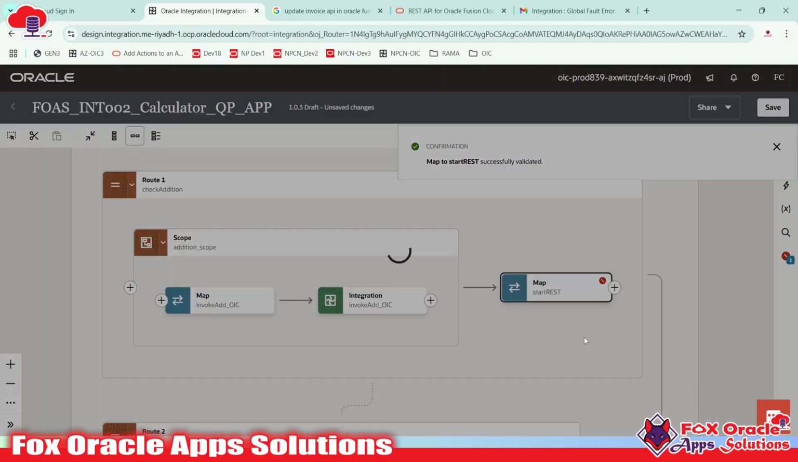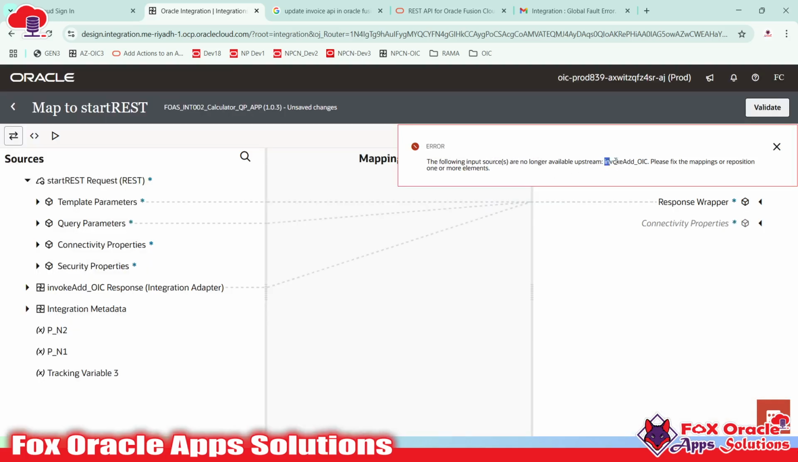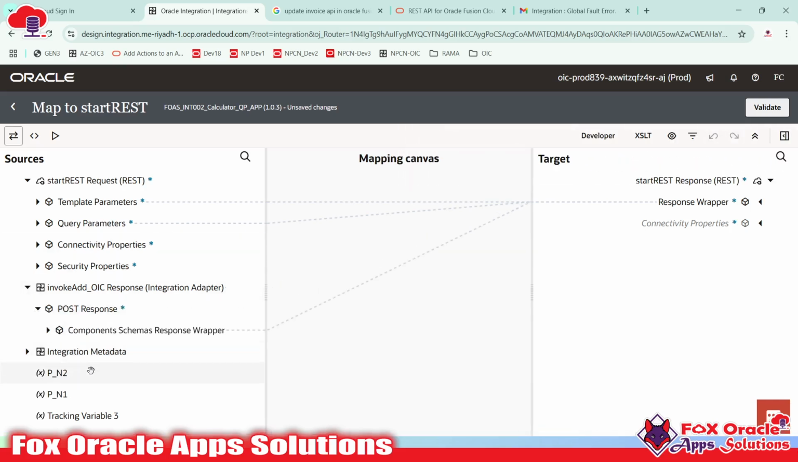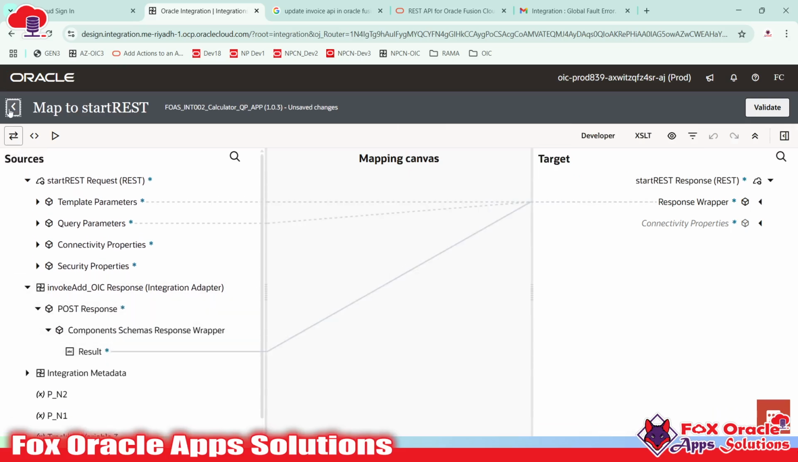It's not showing here. Let me open it again. You can see, let's say, invoke add OIC is not available. That's true. So invoke add OIC is saying here that's that OIC generation 3 issue. It should not display here. So if I will remove